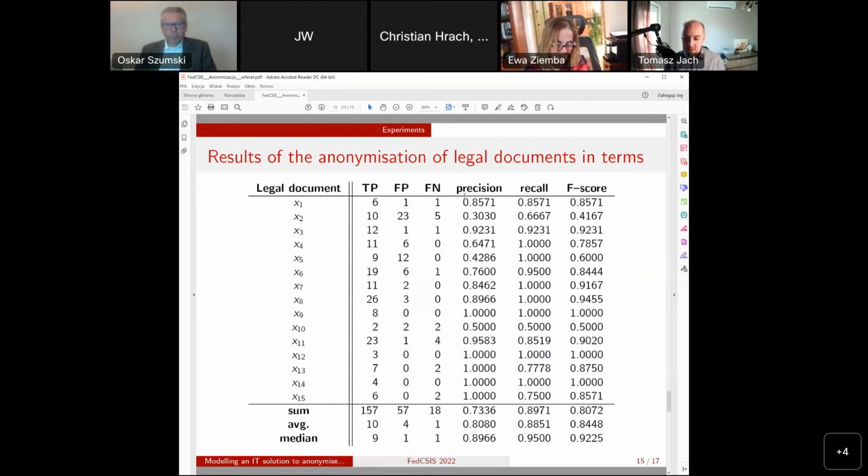For the recall parameter, that was about 88%. With all the stakeholders, with all the legal offices, we found this is quite an okay achievement for the first phase of this solution, because on top of those results, we're going to introduce more sophisticated machine learning algorithms, more sophisticated natural language processing algorithms. What's more important, for some of the documents we obtained a perfect recall, and for some of the documents, we obtained a perfect precision.